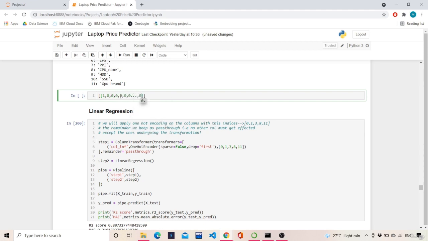But what if the count of zeros goes up to 1000 or so? That becomes a sparse matrix. A simple example is an identity matrix of dimension 1000 cross 1000. The diagonals are 1, and the rest is all 0. That is the best example of a sparse matrix.